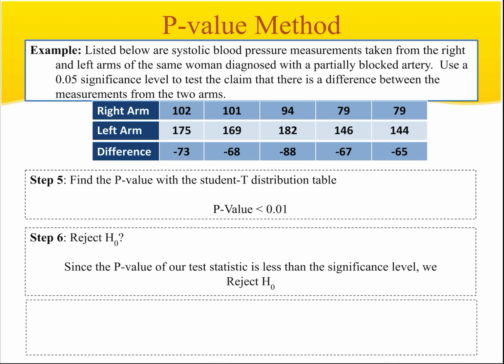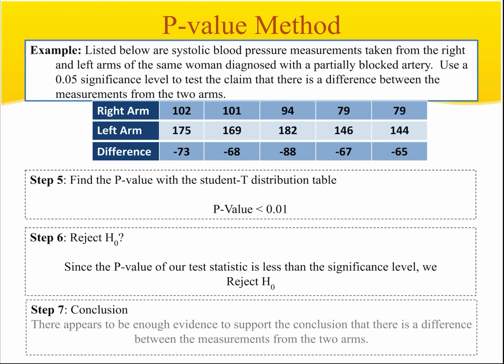And since our p-value of our test statistic is less than the significance level, we reject H naught. Remember, we're on the negative side, so we are in the critical region. So that means that, remember, the null hypothesis was that there was no difference. So there does appear to be enough evidence to